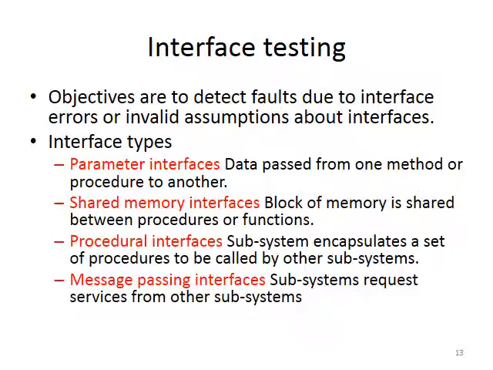And last one is message passing interface, where subsystems request services from other subsystems. There is possibility that one particular subsystem may be requesting service from another subsystem, whether the other subsystem is receiving that request, and whether it is serving that particular request. Whenever it sends a request, what are the values which are going to be set, whether any flags are set. Once the procedure is completed, whether flags are again set back to 0, these all need to be checked.